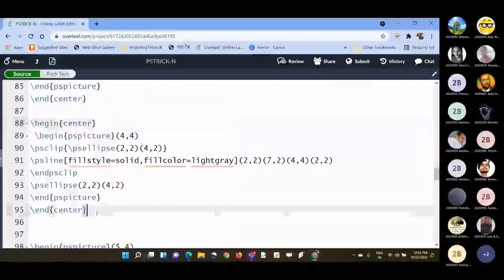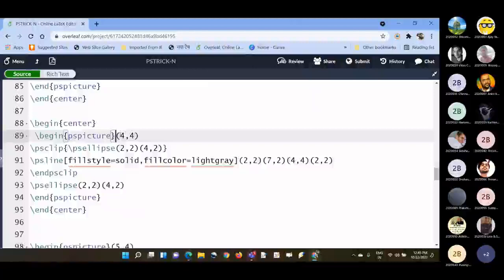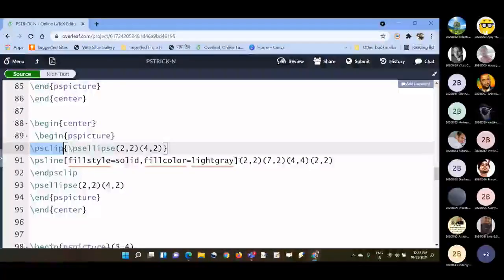So here begin center and end center and begin PS picture. The picture is extending from 0 0 to 4 4, so let me delete it. It has not much effect on the picture, at least on the shape of the picture. So here we have a PS ellipse. This is the center, this is the major axis, and this is the minor axis.